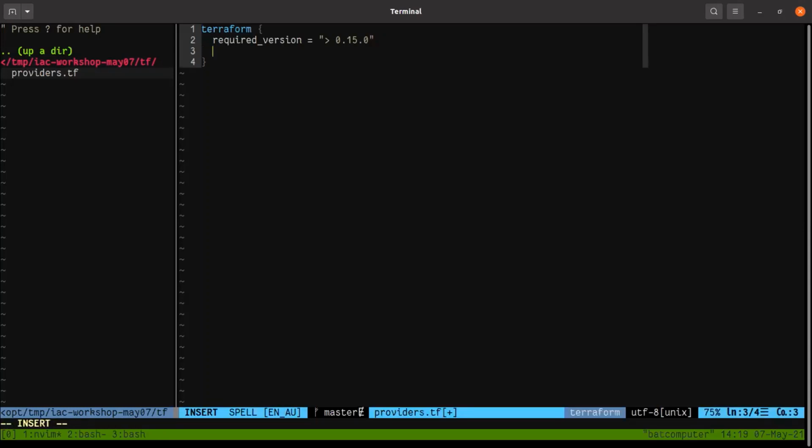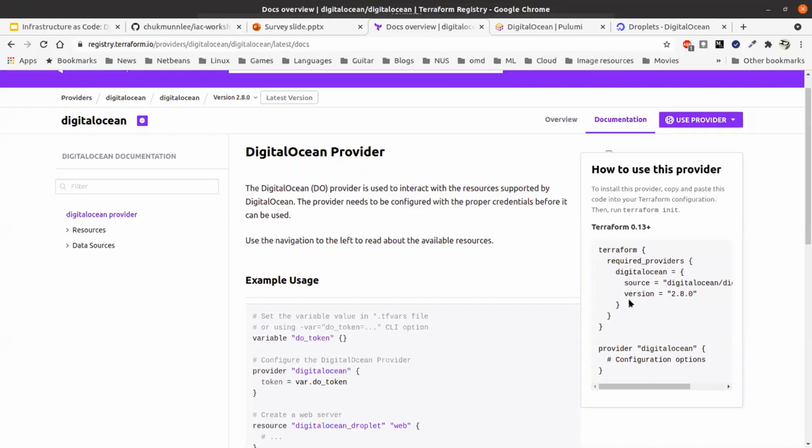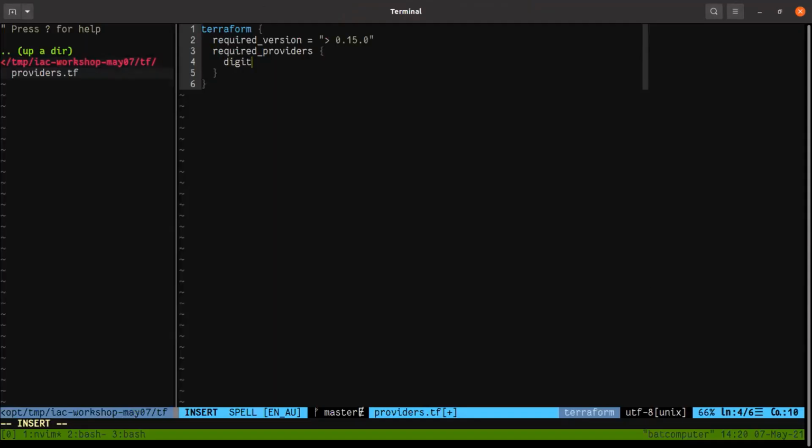The second one we need to say is what are the providers that we're going to use. So required providers. Now you say we are going to use DigitalOcean. This is how you set up DigitalOcean. You say the source.